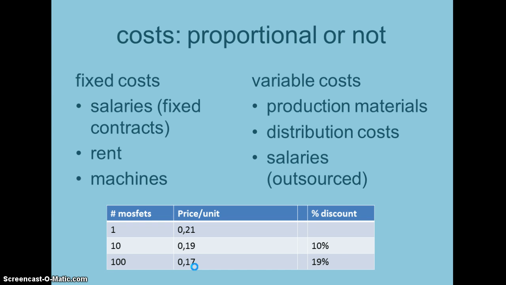So these are the things that you have to pay anyway, whether you produce 1 unit or 1,000. If things are slow, the people that are on fixed contracts will still need to be paid. The rent for your building still needs to be paid, and the machines, when they're on lease,